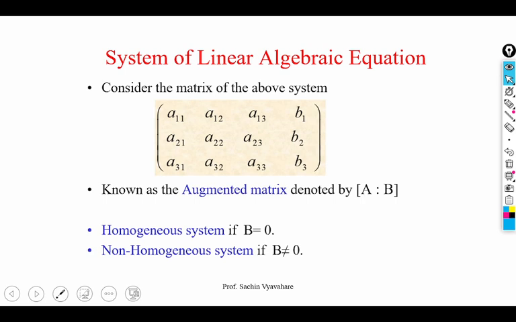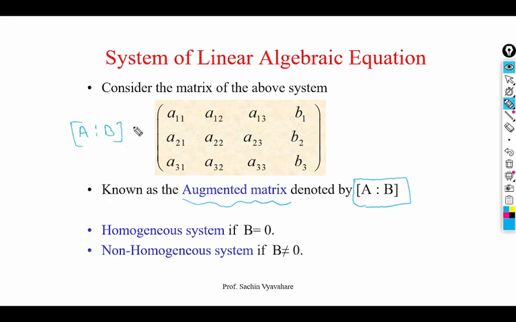Now, in finding the solution, the augmented matrix plays an important role. The augmented matrix is obtained by joining the matrix A with B. We denote it A colon B. This matrix is the coefficient matrix A, and we just added the column of the RHS, B, and that is the augmented matrix. Now the rank of this augmented matrix plays a very important role in the type of solution. Depending on the rank of A and the rank of AB, we can tell whether the system has a unique solution, infinite solutions, or no solution, and the conditions are